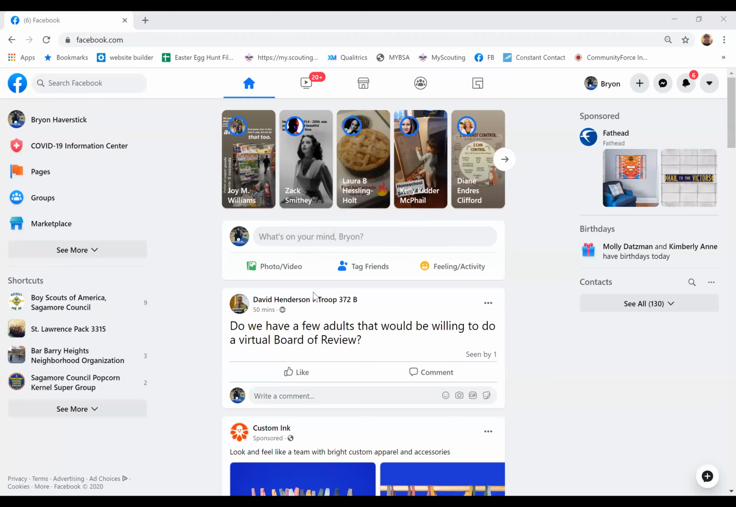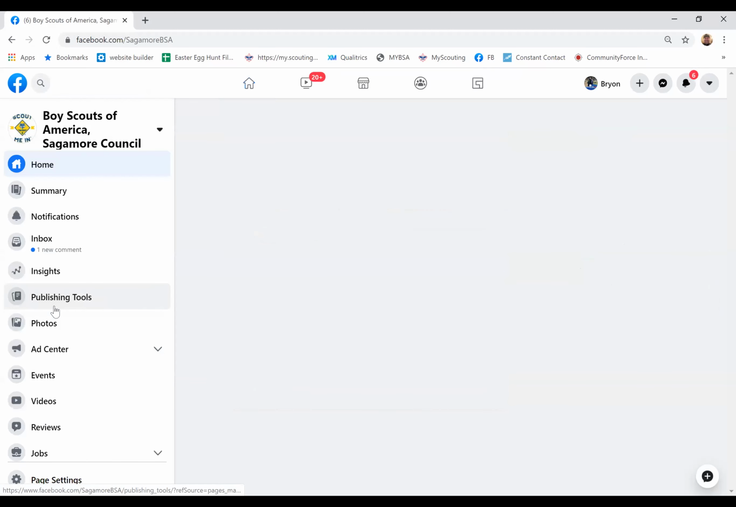Okay, so now I'm live here in Facebook. Can everybody see that? Okay. Everybody can see Facebook? Okay. Yes, you can see my Facebook, correct. That's what you should see right now because I have my screen shared. Okay, so from my Facebook page, I'm going to manage this as if I'm the Assistant Scout Executive for the Sagamore Council, right? So I'm going to go to Boy Scouts of America Sagamore Council,